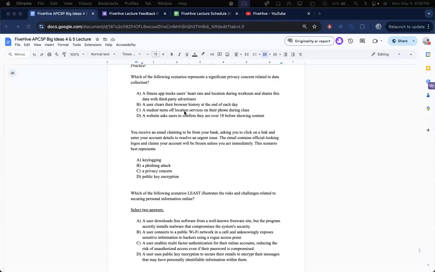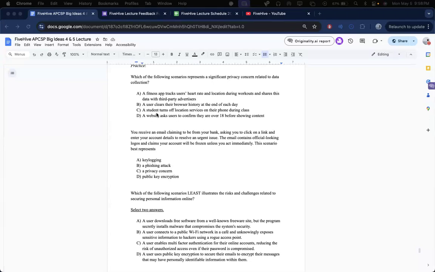So, for number one, which of the following scenarios best represents a significant privacy concern related to data collection? So we have A, a fitness app tracks the user's heart rate and location, location is the big one here, during workouts and shares this data with third-party advertisers. B, user clears their browser history at the end of each day. That's actually good, right? Because if you're clearing your browser history, it's more unlikely that